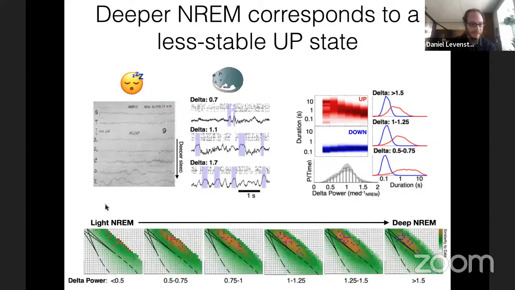And so when we play the same game that we played before, basically matching these distributions from the data to what we see in the model, we see that as sleep gets deeper and deeper in the rodent, the best fitting parameter domain in the model gets closer and closer to the Hopf and saddle node bifurcations. And in some cases, so this would be some recordings that we have, it actually enters the oscillatory regime. So in these cases, the deepest sleep is actually an oscillation.